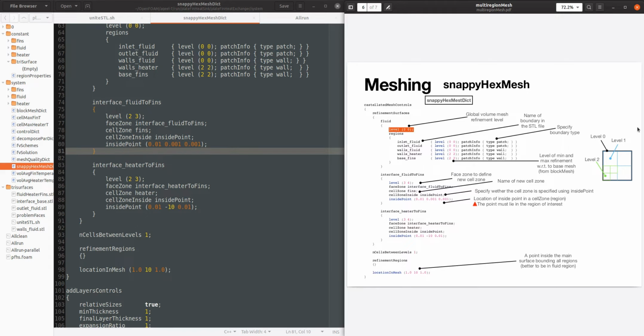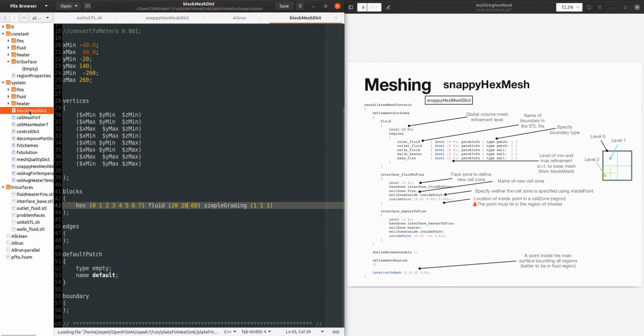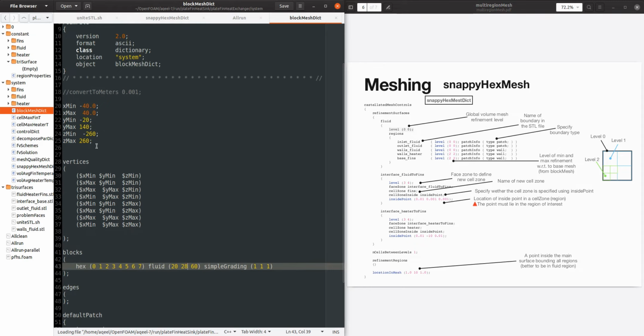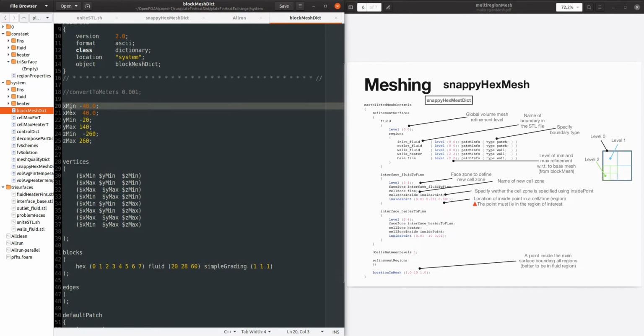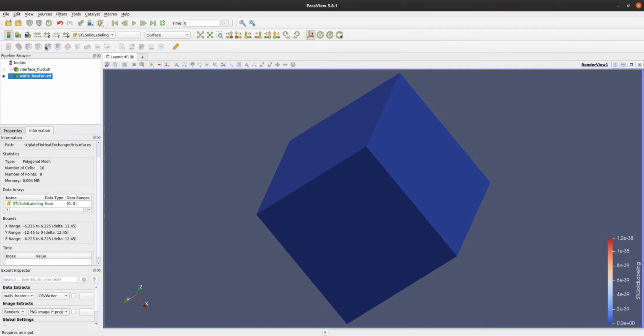In this case, the overall fluid region is at the global level that we define by block mesh dict. And in the block mesh dict, the only thing that we need to be careful is that the minimum and maximum ranges should be larger than the bounding box that we have for the whole region.